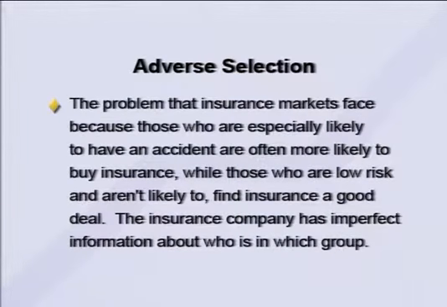The insurance company has only imperfect information about who's likely to be high risk and who's likely to be low risk. And so it's going to be hard for the insurance company to figure out how to charge different prices to these different groups. If the insurance company just sets the price of the insurance at the average loss, then everyone who knows they're safer than average will tend to say, well, this really isn't worth it to me, or they'll take the minimum possible insurance coverage. Also, on the other side, those who have great risk are going to load up on insurance because they know it's going to be a really good deal for them. So the average insurance price will tend to attract people who have high losses more than people with low losses.